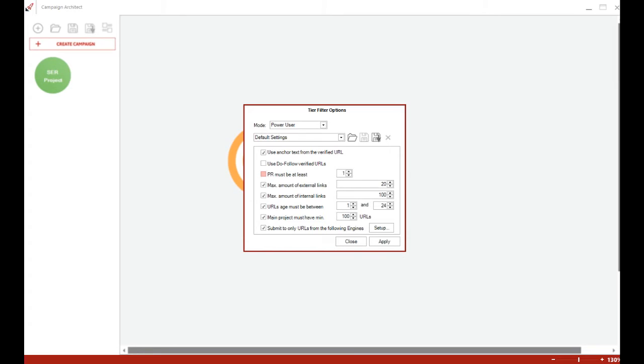Once you get to 3, the air gets a lot more rarefied. Maximum amount of external links: these are set to 50 and 50 by default. I think that's wrong. If there are more than 20 external links on a page, that's a real problem. But there may well be more than 50 internal links on a page, just down to very basic low-level